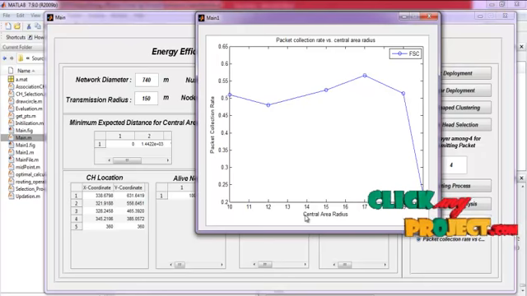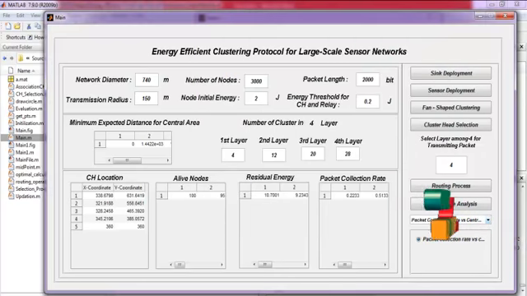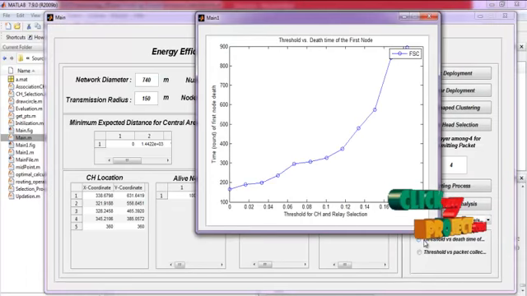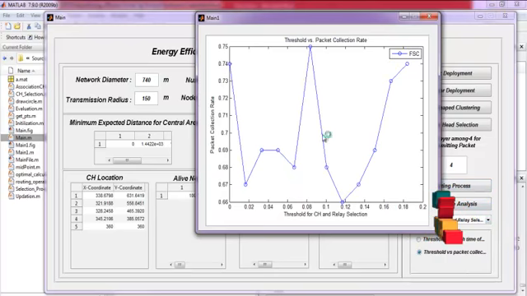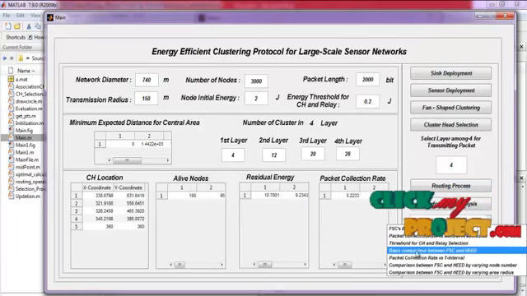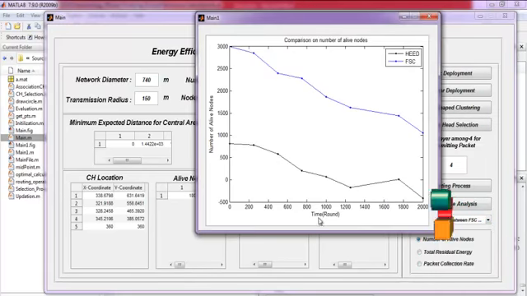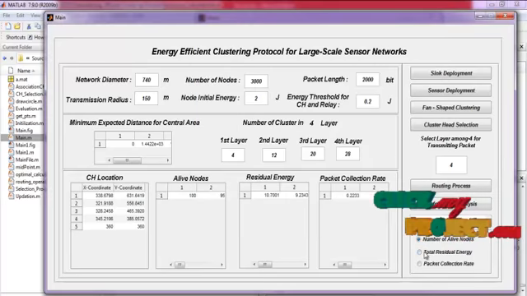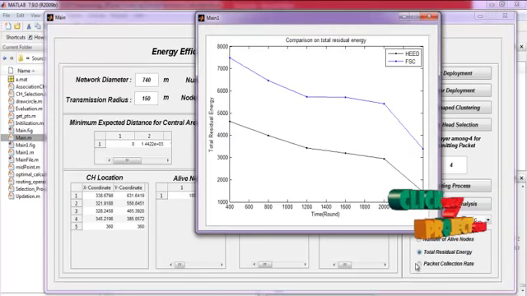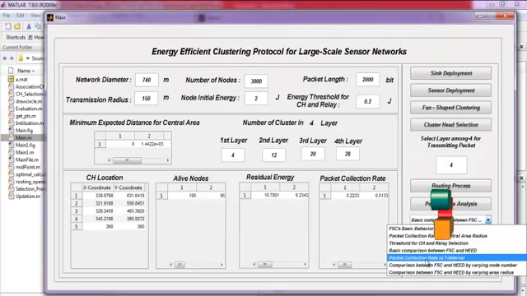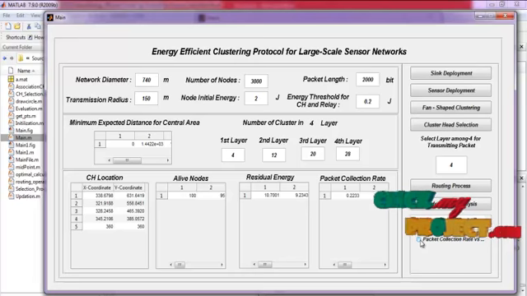Packet collection rate for various central area radii, and threshold for CH and relay selection. By selecting the threshold for CH and relay selection, we calculate the first node death and the threshold for packet collection rate. By pressing the basic comparison between FSC and HEED, here are the number of alive nodes, total residual energy, and packet collection rate, and the packet collection rate versus time interval,